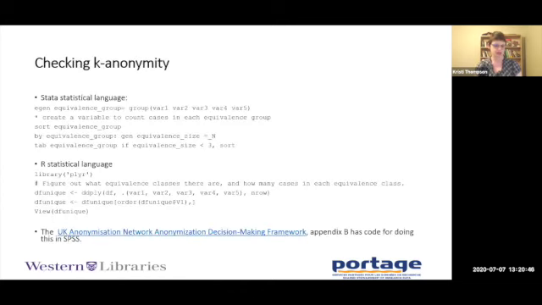It is relatively easy to check k-anonymity using standard statistical software, even though most packages don't have built-in functions for doing so. Here I'm showing simple code I've used for checking k-anonymity in 2 widely used packages, Stata and R, and providing a link to the somewhat more complex code for doing it in SPSS. There are also various free software packages you can download that will do this, but feel free to borrow my code.